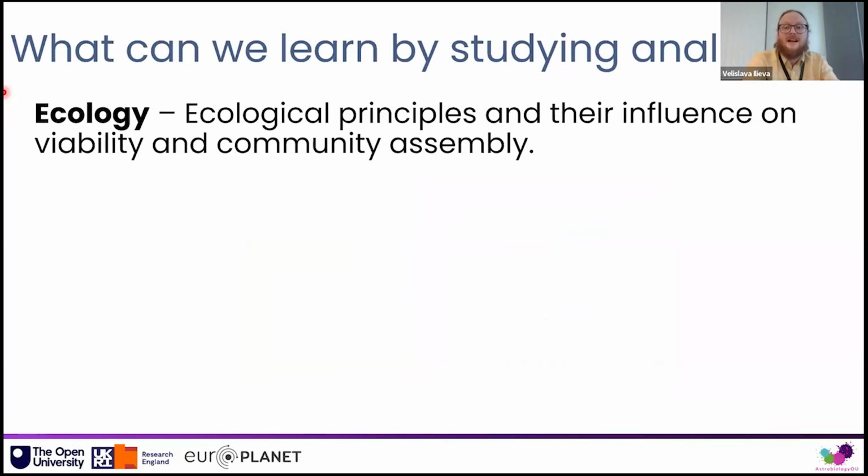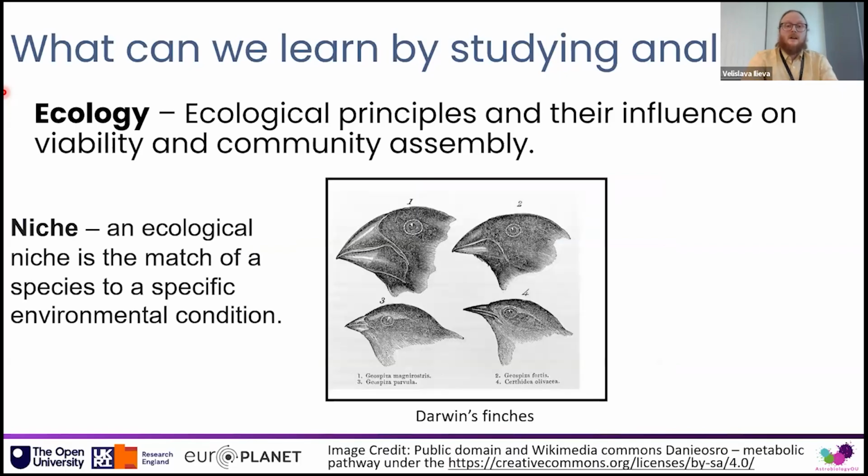Now, ecological principles and their influence on viability and community assembly is also important to consider in our concept of habitability. In an environment, if it's potentially inhabitable, the second you have a single cell, you have ecology because you have an organism interacting with its environment. If that cell divides, you then have a population. And if you then have any variation that deviates this monoculture from being completely identical, then you have an ecosystem. And we can expand some of these ideas of ecological theory to microbiology and astrobiology.